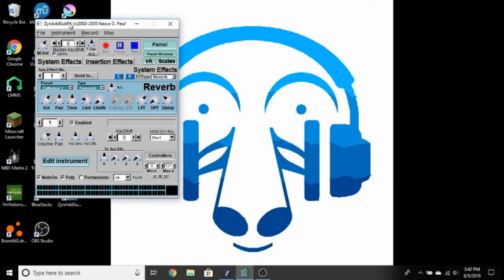So here it is. First I'll just tell you right off the bat that ZynAddSubFX sounds amazing, but its interface is terrible. Look at this. It's not intuitive, it's not easy to get around or anything like that. So it leaves a lot to be desired, and also